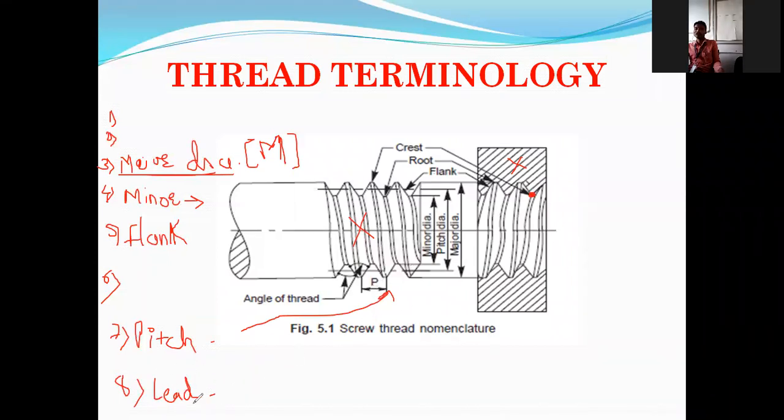And another one is lead. This term is also important. Further, when you study the machine design subject, this terminology is going to come. At that moment you should not be confused about major diameter, minor diameter, angle of thread, pitch, lead. So you should know this at this position only. Lead is the distance advanced by the nut or bolt when it is rotated through one complete rotation. If there is a nut and a bolt, once you rotate one complete rotation, the distance advanced is called lead. Okay.